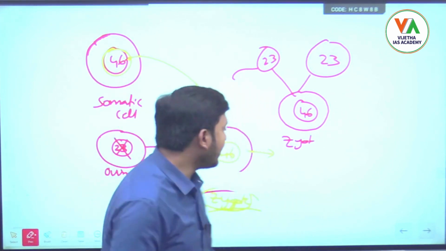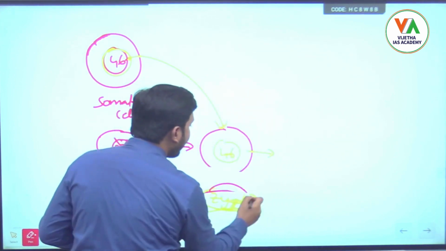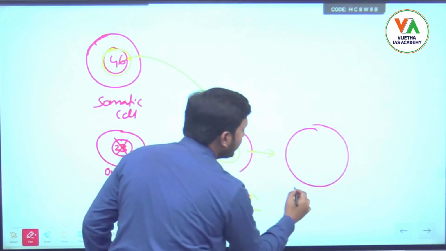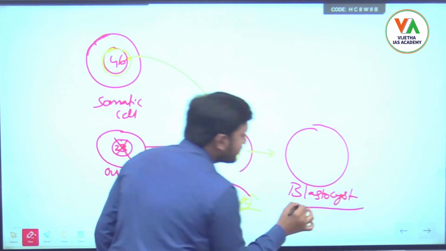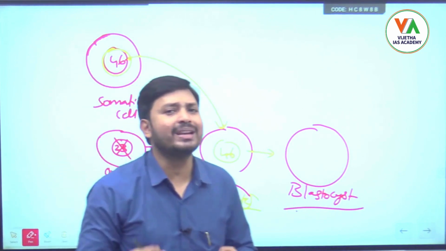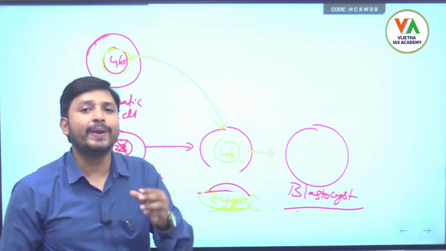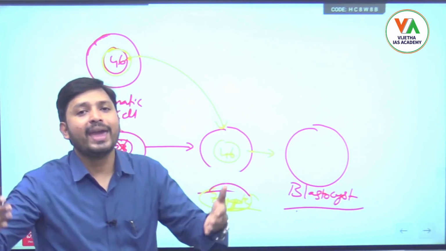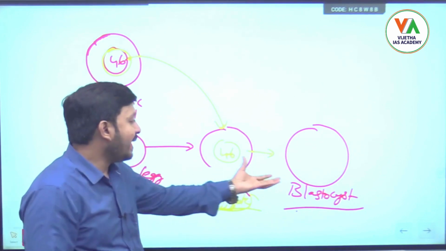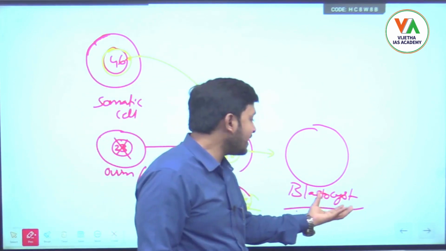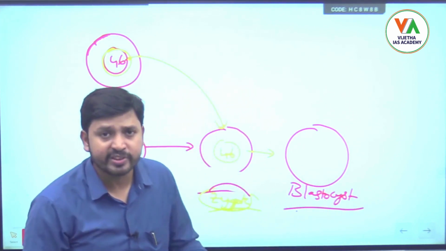It will start multiplying. So what will happen? This zygote will start multiplying, and what will it form? It will form a blastocyst. Okay, blastocyst is nothing but a cell mass. This single zygote will start multiplying into 2, 2 into 4, 4 to 8, 8 to 16, and it will keep on multiplying like that. So a lump of cell mass is formed, which is called a blastocyst, and there is a prominence of this blastocyst. We will see what it is.